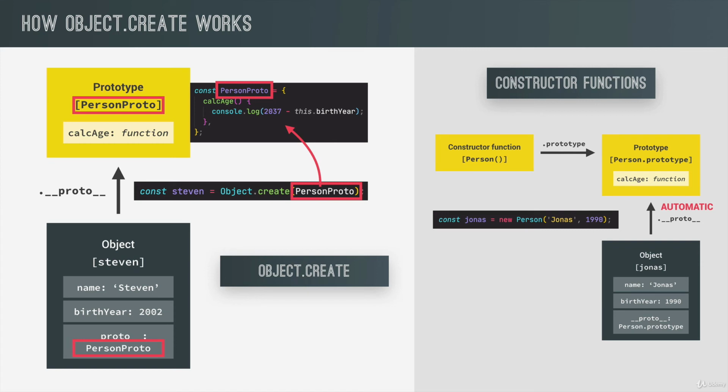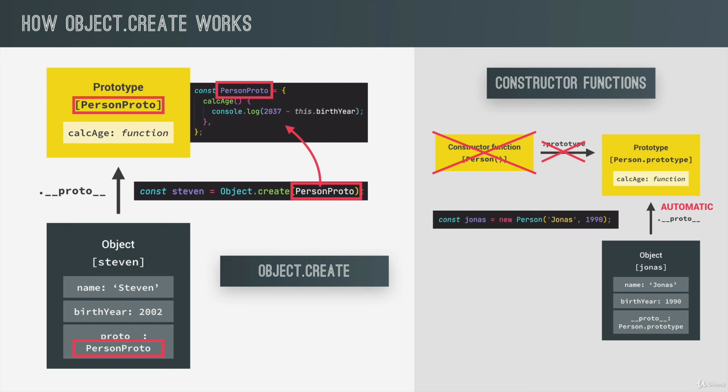So now looking up properties or methods in a prototype chain works just like it worked in function constructors or classes. And so the prototype chain, in fact, looks exactly the same here. The big difference is that we didn't need any constructor function and also no prototype property at all to achieve the exact same thing. So this is actually a bit more straightforward and a bit more natural, and I guess that it might also be easier to understand.